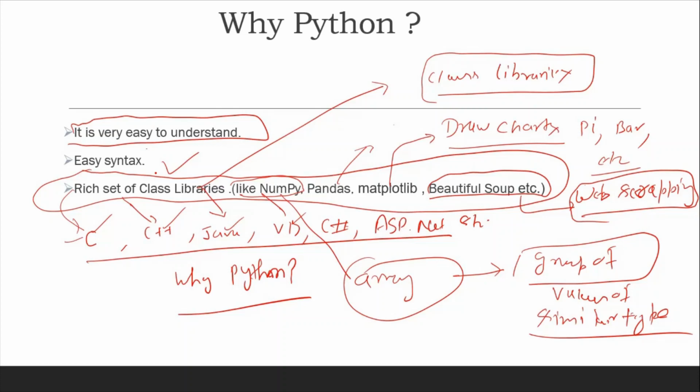So we will discuss these libraries like NumPy, Pandas, Matplotlib, Beautiful Soup, etc. with practical examples in the course video lectures, so that you will understand. Our course will be based on both practical and theory. Both sessions we will introduce in our lecture videos in later videos. So now you are clear why Python. If any student has any doubt, he or she can write in text messages to me, so that I can reply to all of you.